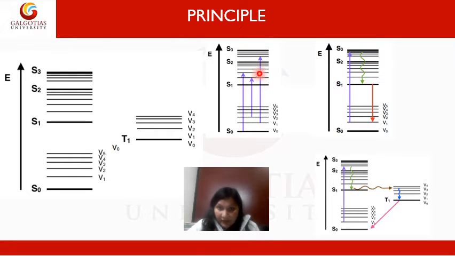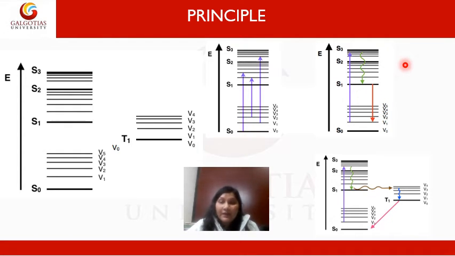Now in this diagram the electron is present in its higher energy state, which means the electron will be unstable. So to become stable, the electron will release the extra amount of energy that it has already absorbed and will try to come back to its ground state. This removal of energy may happen in different ways. The electron may emit its energy through vibrational levels. This is known as internal conversion. This is nothing related to phosphorescence or fluorescence.